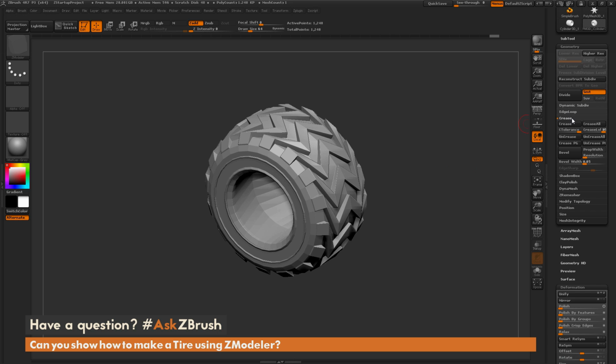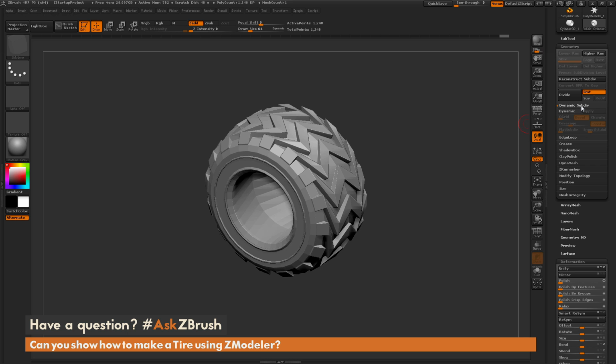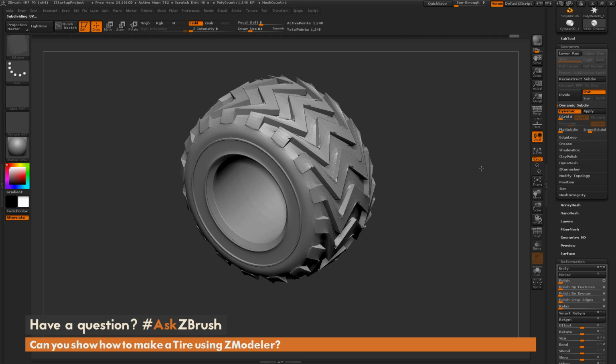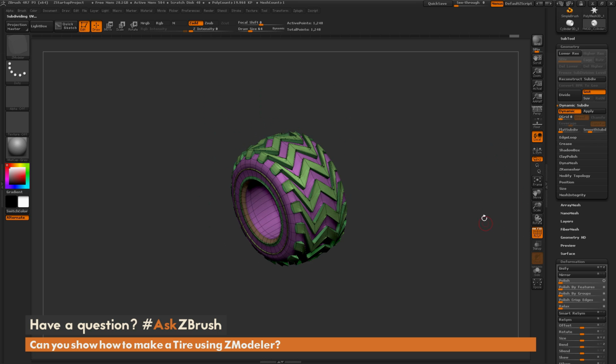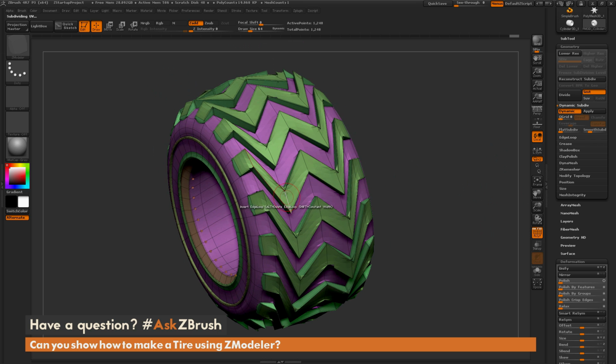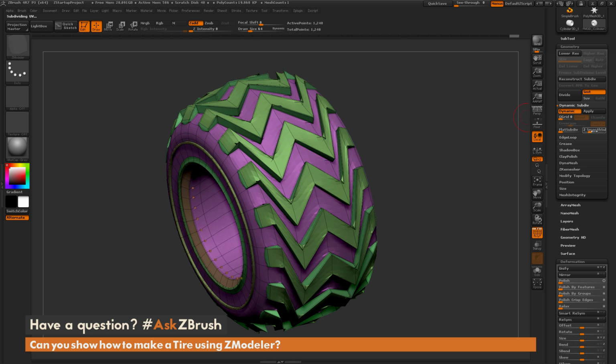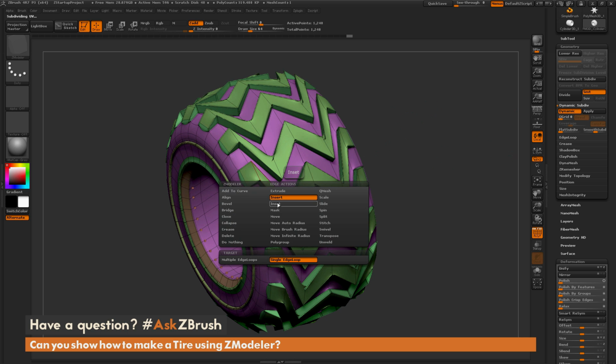Now, one fun thing about using the ZModeler brush is that anytime you can come to the geometry tab here and go to crease, and I'm going to set this to say 45 and crease, and then I'm going to go to the dynamic subdivision and turn that on. And now you're going to get a dynamic preview of your tire here. So you'll see I have some edge pinching with the smooth subdivisions here,